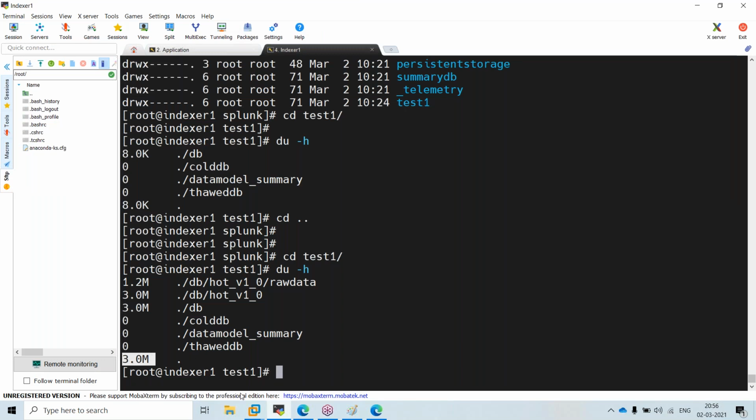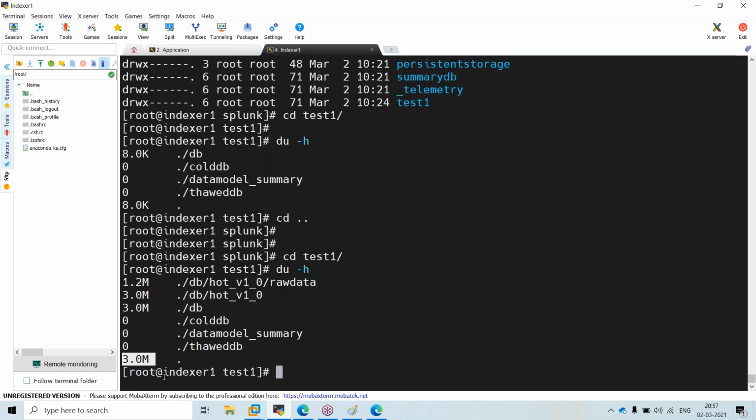As this is a small file, you won't see much difference. There will be some data that is there by default whenever you create an index, so that will occupy some space, but it will be comparable when you have 100 GB or 5 GB or 10 GB of data.